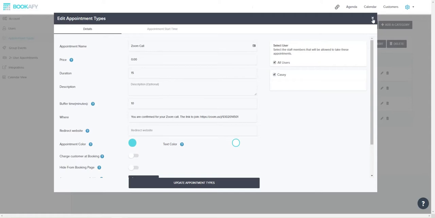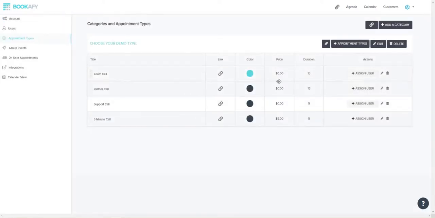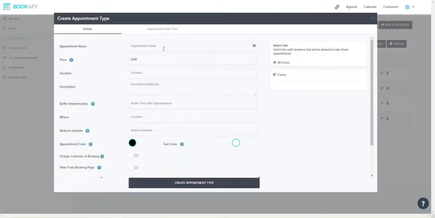So maybe in your main account, you would have just one way to book, and that would be one ID. And then, in the individual staff links that they share in their email and such, they would use just their own appointment types, and that would work as well. And again, if I had a second appointment type and we said Zoom call with Jason, and we use his location ID,